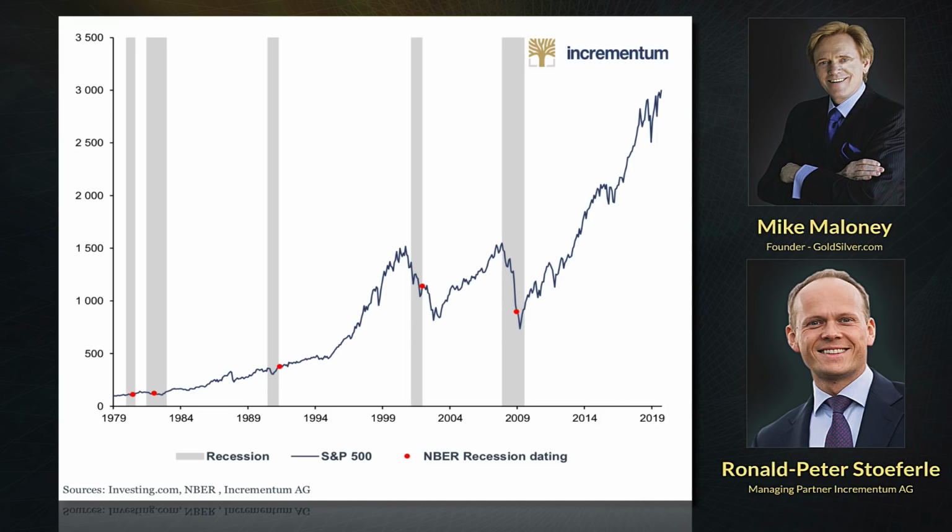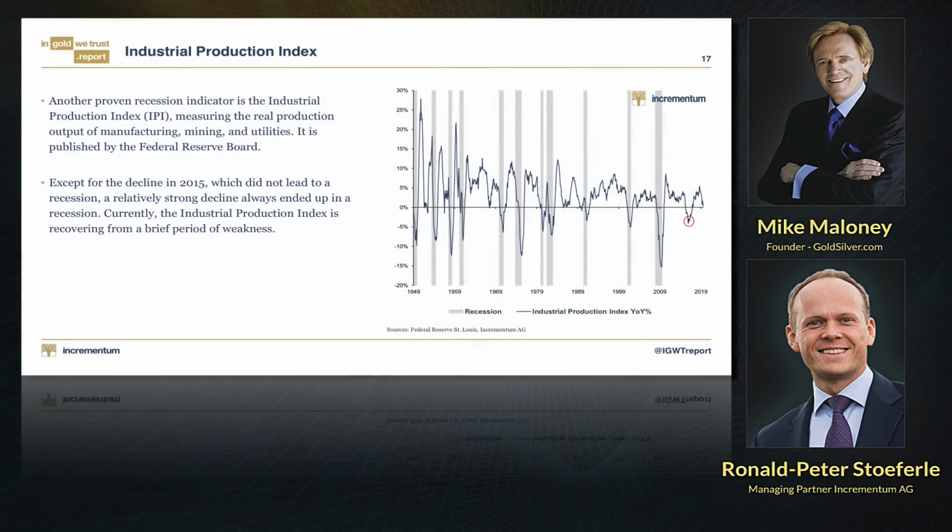So we might really be already in a recession or in a pre-recession, but it's pretty obvious, with the yield curve, with the earnings recession that we're seeing, with the ISM indices and so on, that we're on the verge of a recession. Yeah. And speaking of that, I want to skip down to page 17, and that's the Industrial